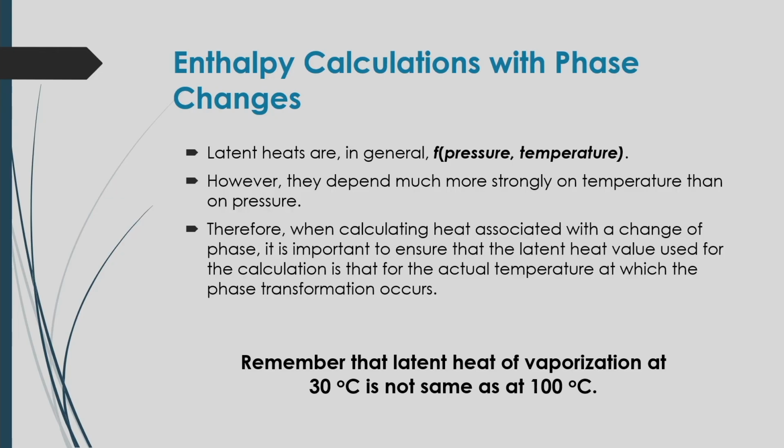Therefore, we can say that when calculating heat associated with a change of phase, it is important to ensure that the latent heat value used for that calculation is the one for the actual temperature at which this phase transformation occurs. So, in this case, remember that the latent heat of vaporization cannot be the same as it is at 30 degree Celsius,